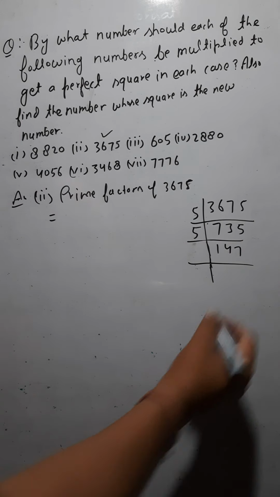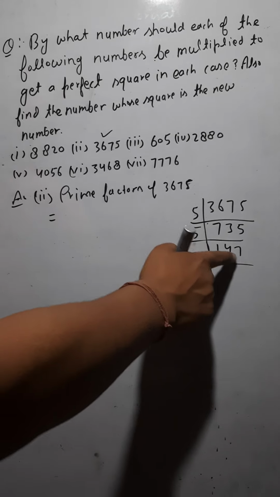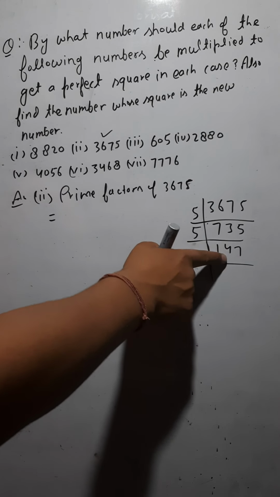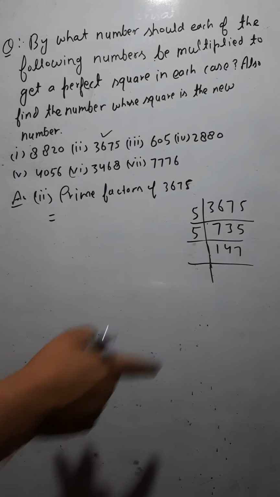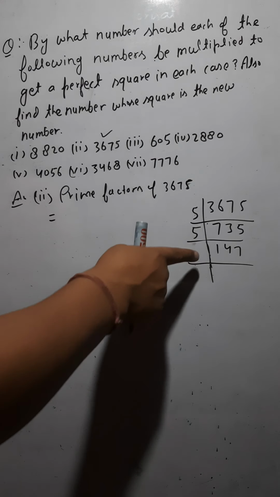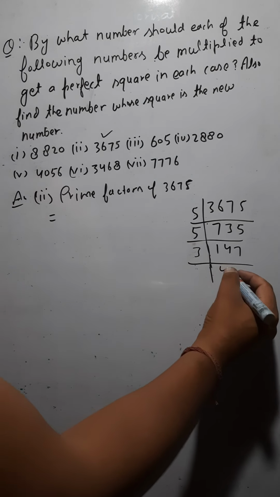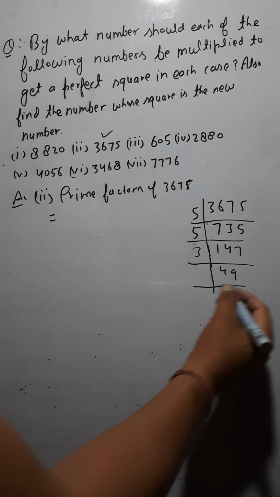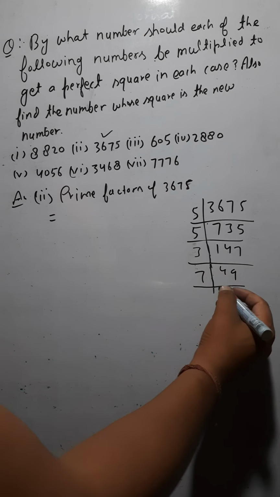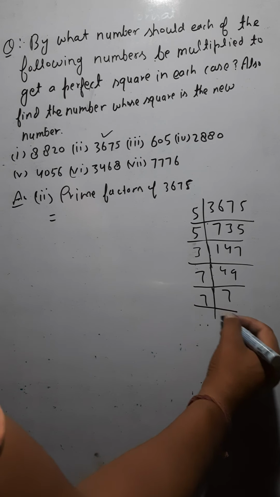Now you have 147. Now if you see, the sum of the digits is how much? 7 plus 4 is 11, 11 plus 1 is 12. It is coming out to be 12. So it means what? It would be divisible by 3 here. Yes or not? So try to divide it by 3. So 3 4s are 12 and 3 9s are 27, and 49, as you know, would be divisible by 7 there, 7 7s are 49.